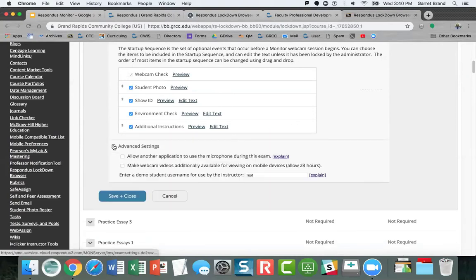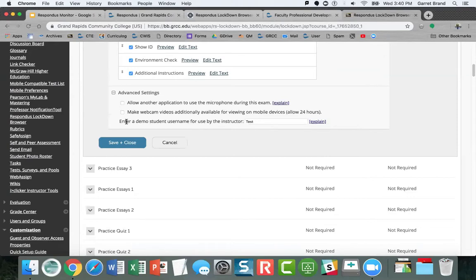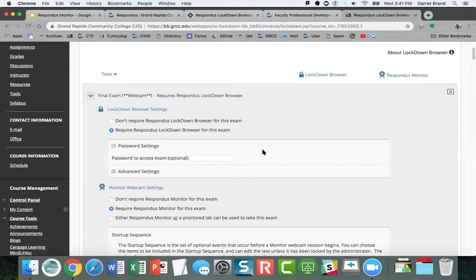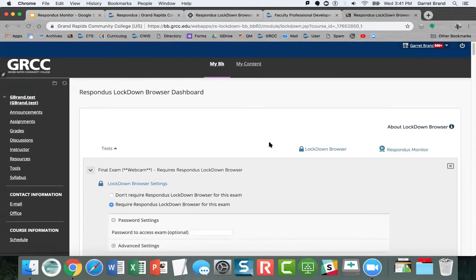And then down here, there are some advanced settings, and it says allow another application to use a microphone. And if you click on explain, it talks about how in some cases an assessment might involve some kind of oral assessment, so you want other programs to be able to access the microphone. Make webcam videos additionally available for viewing on mobile devices. And this one, which I use, is a demo student account, and you put the username in there because faculty did say they'd like a way to try this out. While we're talking about that,